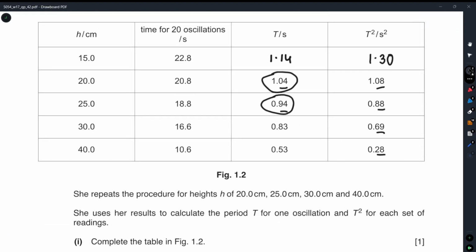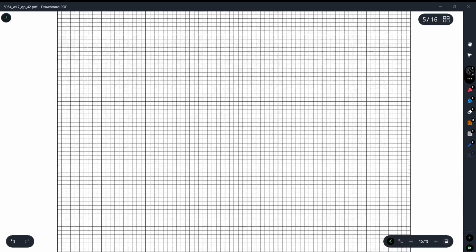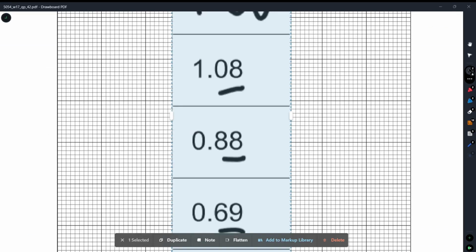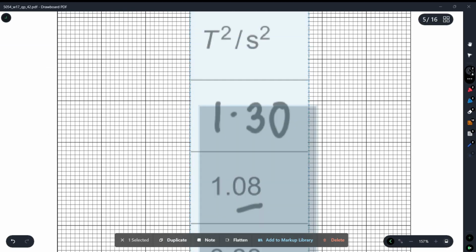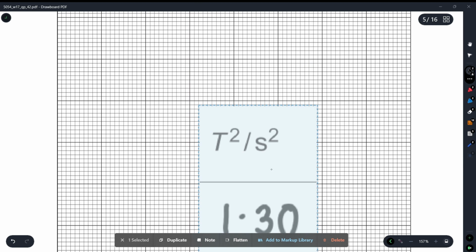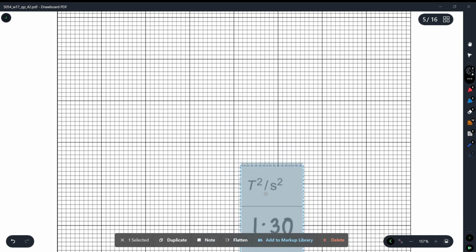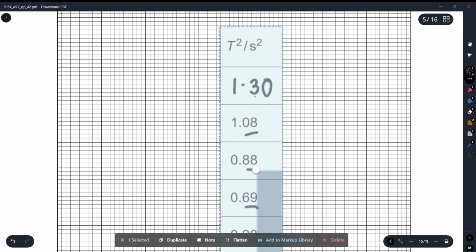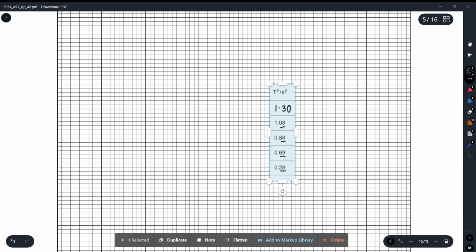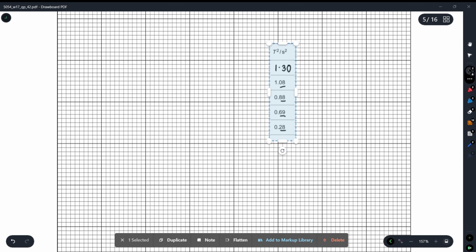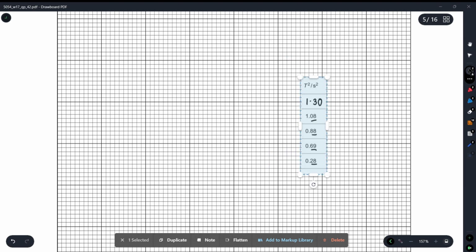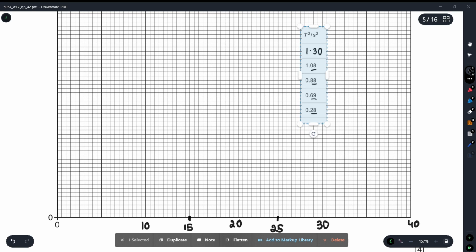All right, now I'll need the t squared, so I'm gonna take that and put that over here. ठीक है जी. So at 15 पे 1.3 है,